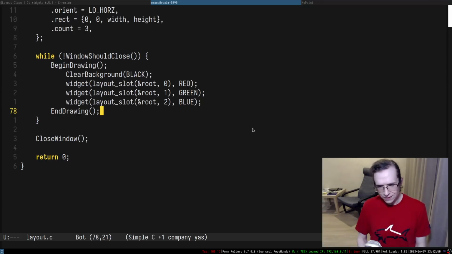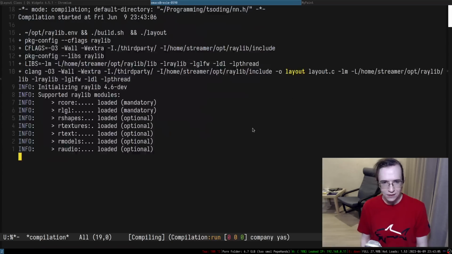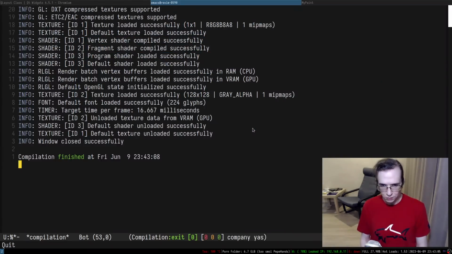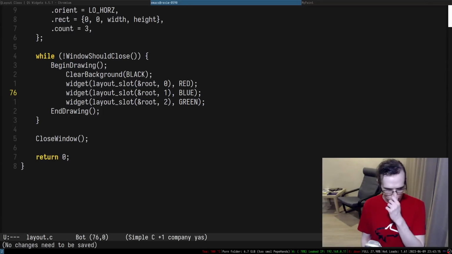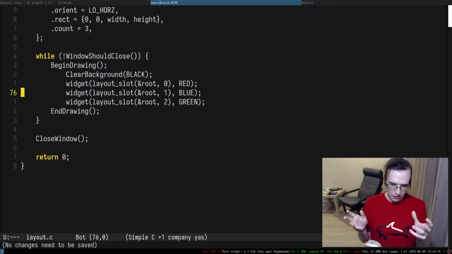But the thing is that to change the order of these things, you cannot change the order by changing the lines. Because if I put green last, it's still going to be in the middle because of the index. So you also have to change the index, which basically means managing the order of this entire thing is really, really finicky.